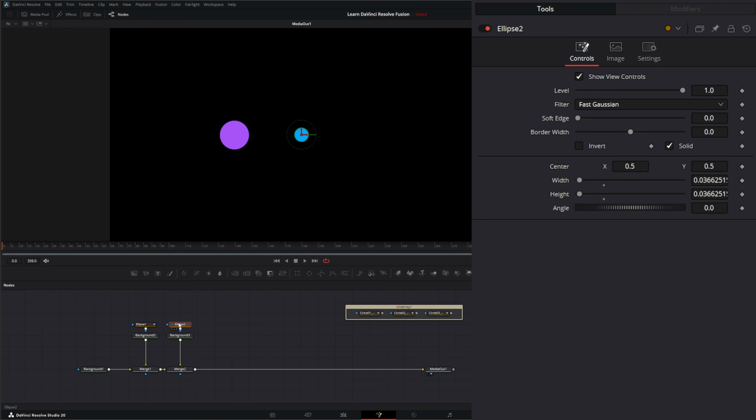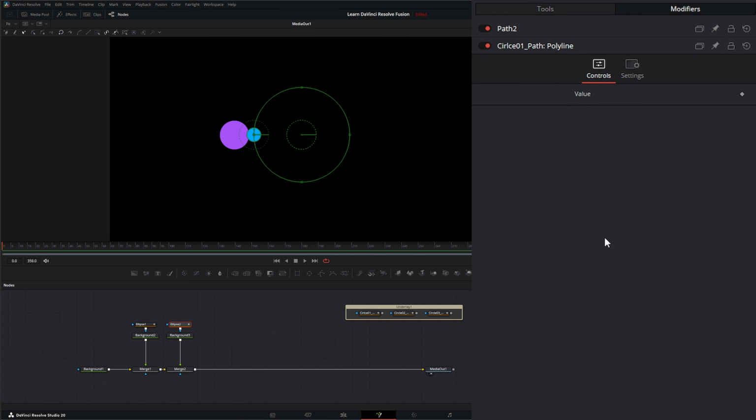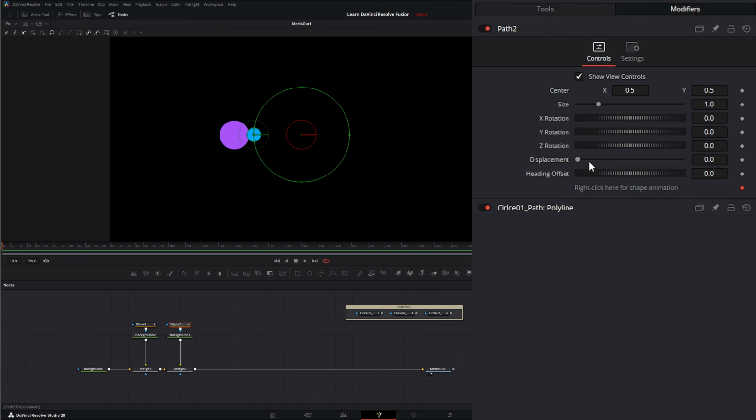So let's do the same thing with our ellipse 2, or our little one. We're going to go to center, path. Once we do, we go to our modifiers. Let's uncheck this. Make sure we're in the beginning. Right click, connect to. We're going to select circle 1 value. If we go to our path, same thing. We want to switch this to 1, keyframe it. And then on this one, we actually want to go to frame 30 and change our keyframe. So now if we push play, you can see our little second hand went around once in 1 second, but